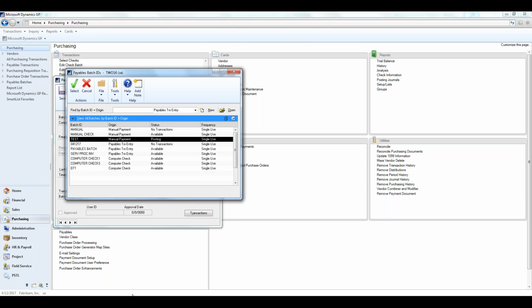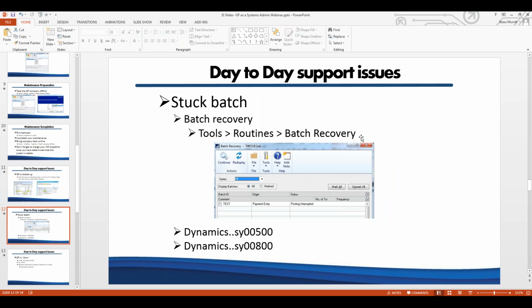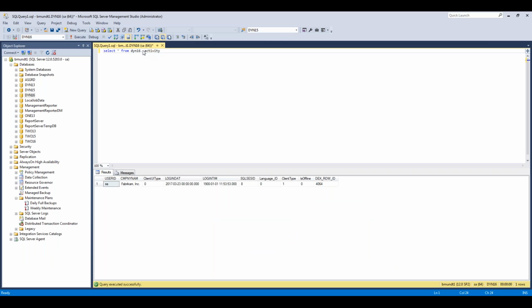So if you look at my slides here, the next part, so we got the batch out of recovery, and there are 2 key tables that we always want to look at when it comes to batches. The Dynamics database, the SY00500 and the SY00800. So the 500 will be your batch header information that will tell you the status that it's in, the number of transactions, things like that, whether it's marked to post or not. And then the 800 is kind of your lock records. So if we go back into SQL and we look here at that SY00500,